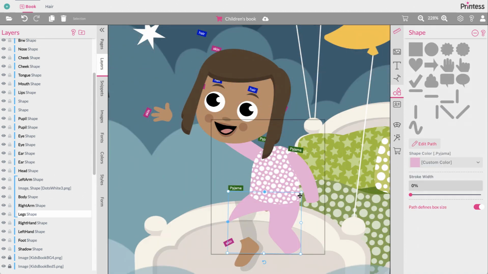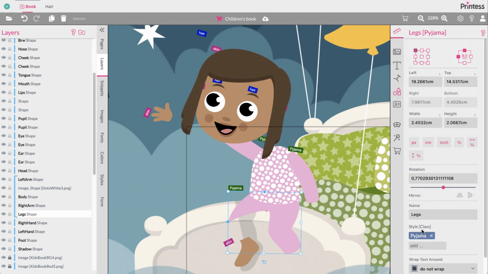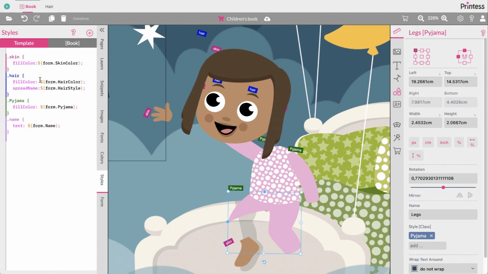So we got this pyjama here, and we see that all these elements have assigned the pyjama style. So this is what we see when we go to the main frame options, and we see the style here. That's the pyjama style. All the styles are available in the list, which is not so much, and we will look at all of them. So what is the style doing? Going to the style tabs shows us these kind of, everybody who has seen CSS before will be quite familiar with the syntax,